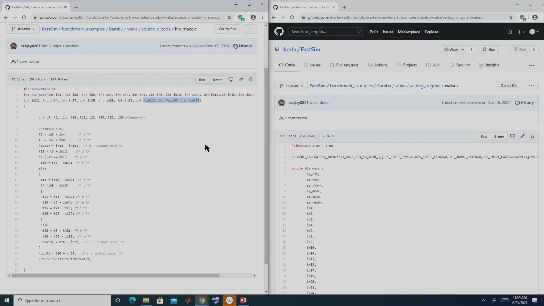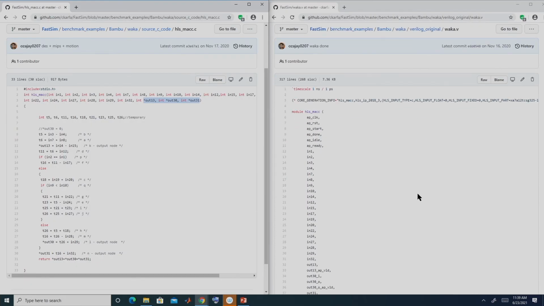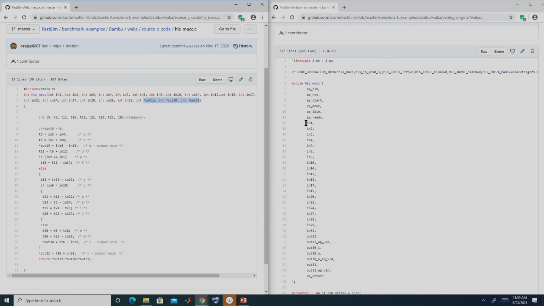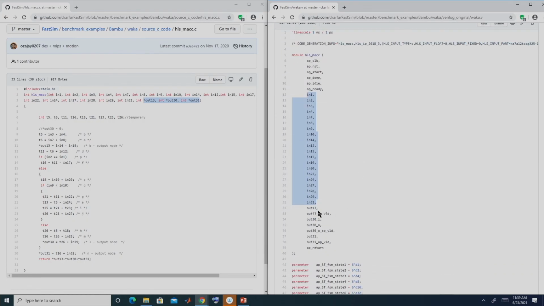Now, if I run this particular code using the Vivado HLS tool, I will get this RTL. You can see here, fortunately, the inputs are the same, right. In 1 to in 32, the same inputs. It has all the same outputs, out 13, out 30 and out 31, right. Only thing, it has some valid signal, which basically says at which time that particular output becomes valid, right. So, something is there. So, I can conclude here that the input output specifications are exactly the same.